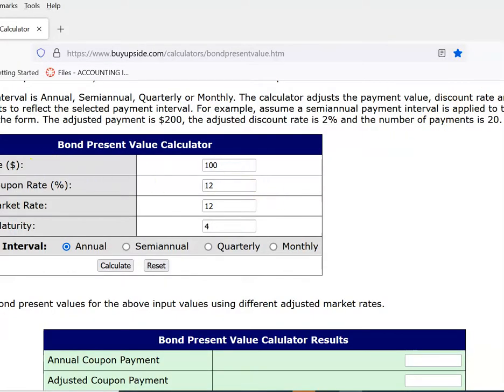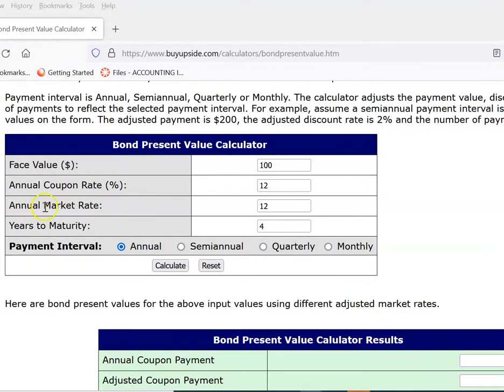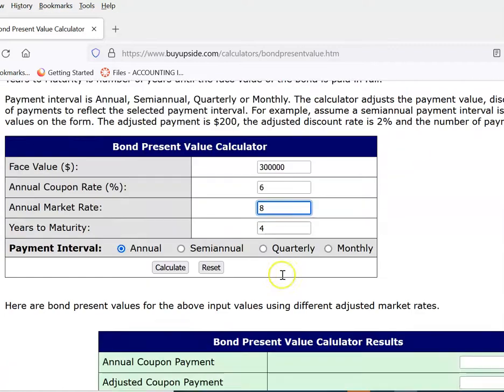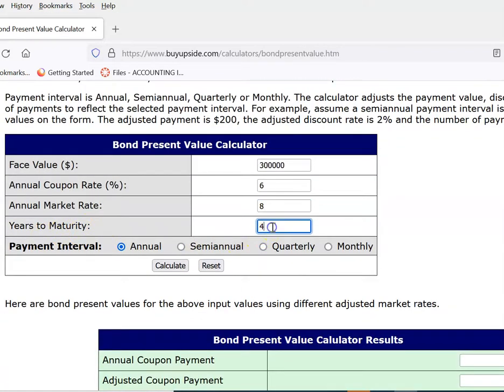So I'm going to minimize this and come over here. We've got our information as to the face value. The face value of the bond liability is $300,000. Our face or coupon rate is 6%. The market rate is 8%. The years to maturity is 9. Then we change this to semi-annual for the payment interval, and then we press calculate. And what we will find if we do this